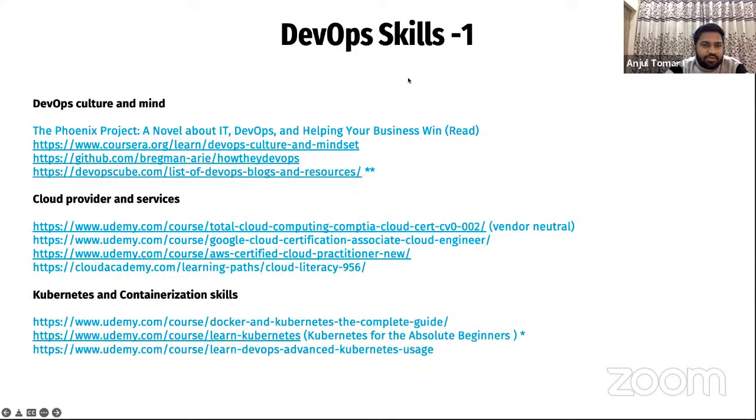So for someone trying to move to DevOps, I would highly recommend first of all going through this, to learn the culture and mindset, right? Because DevOps is not a person, DevOps is not a tool, DevOps is not anything else. DevOps is just a mindset and a culture which someone implements in the organization to achieve the common goals, right? So The Phoenix Project, it's a very well-known Bible, a novel in fact. We should definitely read it just to understand in a funny way how DevOps is helping organizations and the mindset, right?